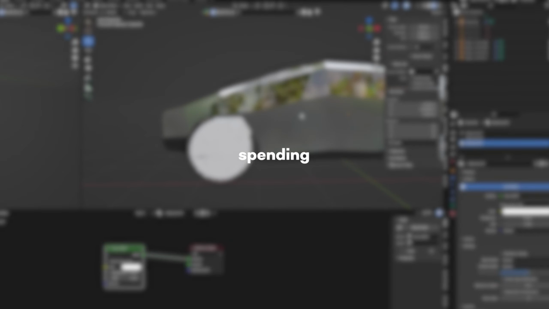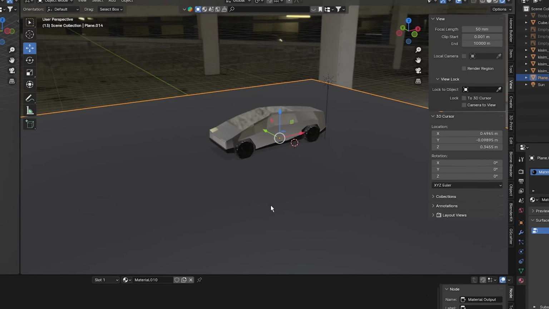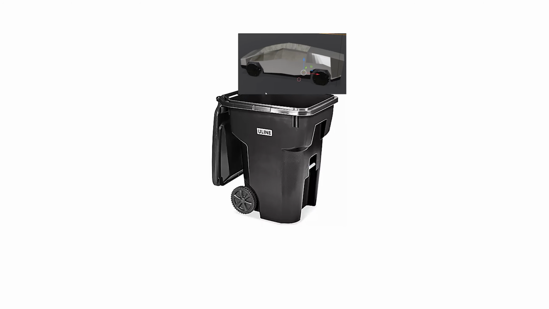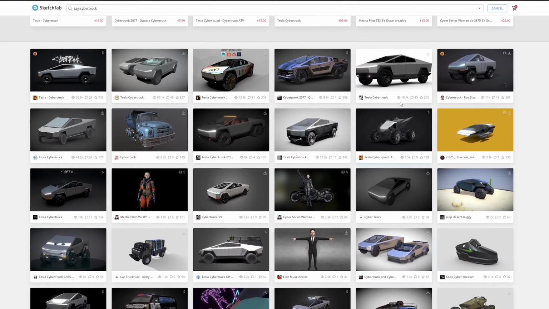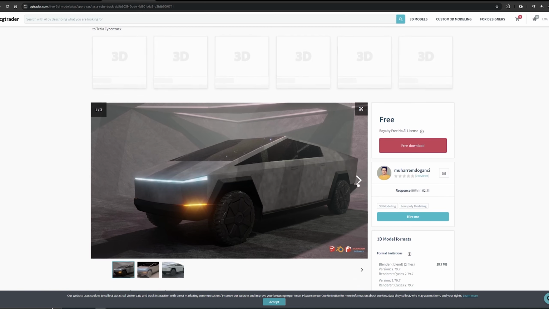Okay, so I ended up actually spending almost an hour on this, and this is what I ended up creating. As you can tell, there is no way I'm going to be able to use this for the commercial, so I'm just going to have to scrap this and look online for a free 3D model. After looking online for just a few minutes, I actually found a pretty decent 3D model,